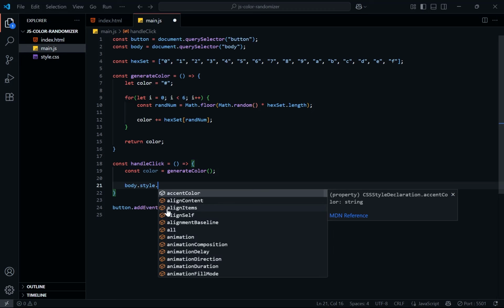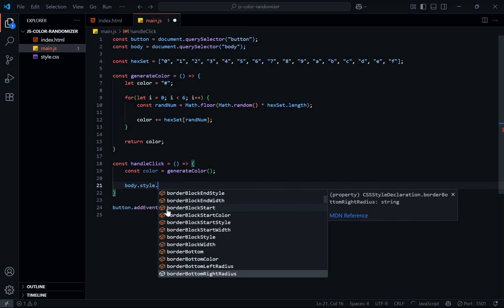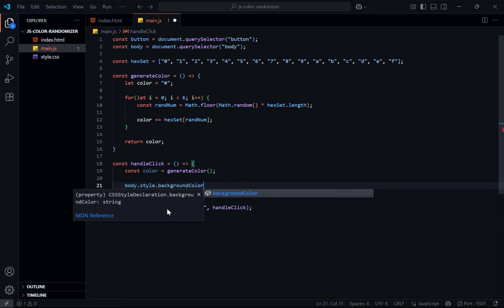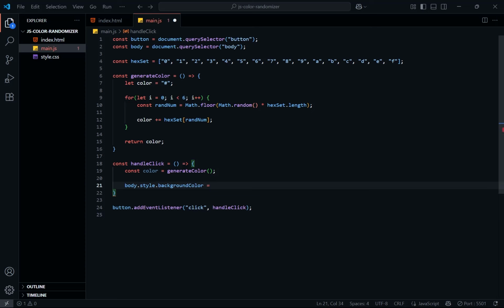So if I say dot here, you can see many properties that are all possible to find in CSS. Now if we just say background color here, which is the value we want to be changing, and we can assign this to color. So this is the new randomly generated color, and we are assigning it to this body, which we got from the HTML using this syntax here. And we are saying the body, go to the style and find the background color, which is currently white, and then assign the background color this color. Now if we save it